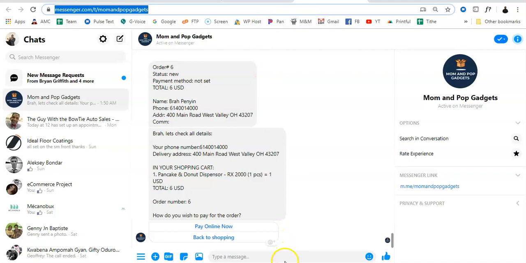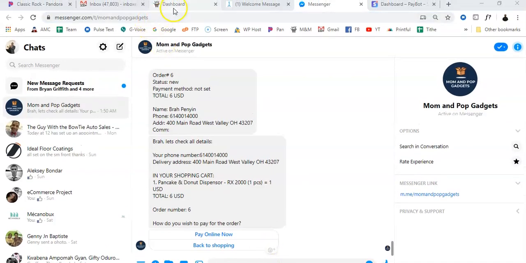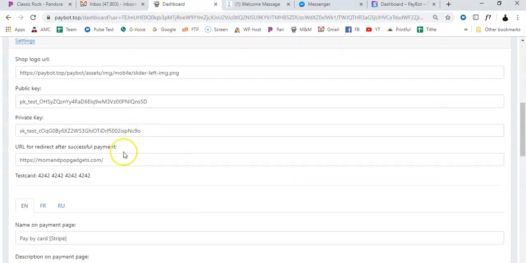Okay, so let me just go ahead and go back to PayBot right there. You can also use this right here. We provided you a test card, okay, that you could use, which is the 424242. You could use that also to test the payment and see how it works. Okay, now